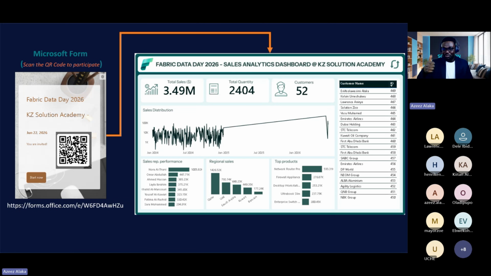Oh, great. Please use the reaction button once you are able to complete that. Once you're able to complete the registration. Not registration, it's just a demo. There's nothing to it, just fill the form. We just want to see how it works, that from Microsoft Forms you can actually have a real-time updated dashboard.